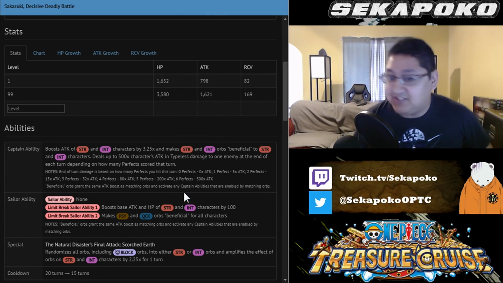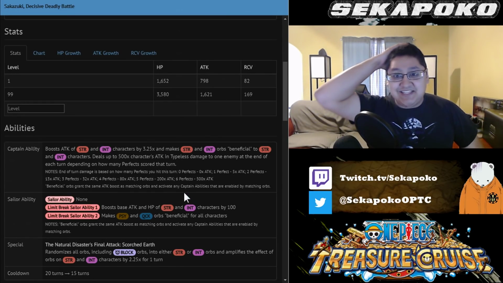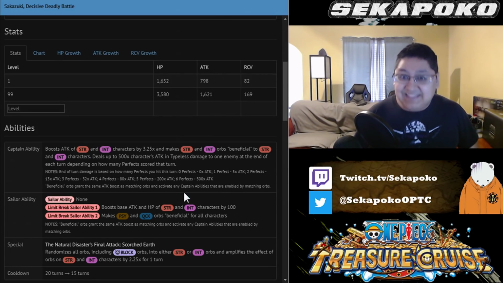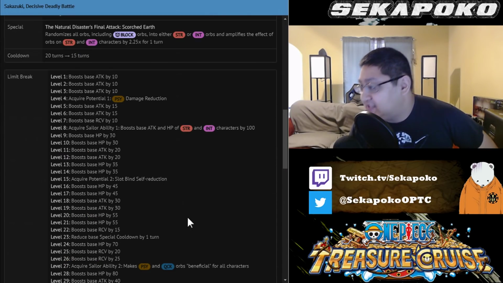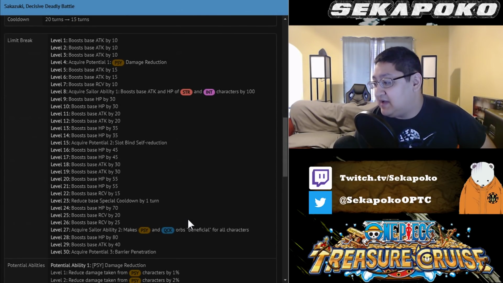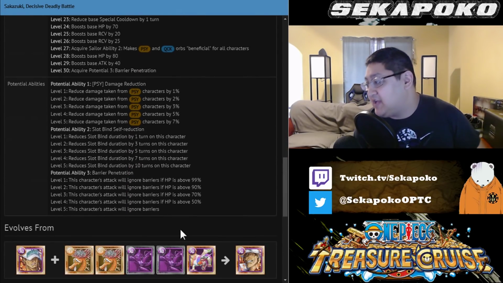Oh my god, just to make a V2 Shanks captain with Akainu sub. That's amazing. That's an amazing character. Holy crap. It's also going to gain Psy damage reduction, slot bind self reduction, and -1 cooldown, as well as barrier penetration on his limit break, putting him down to 14 turns on his special, and he's going to have